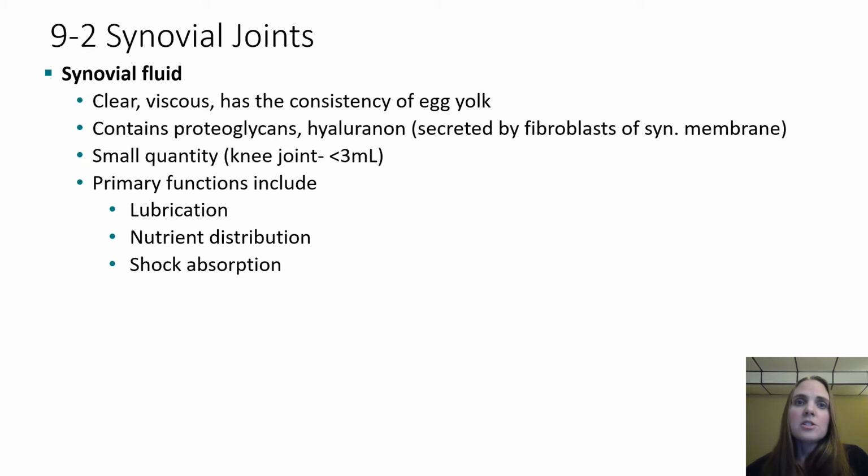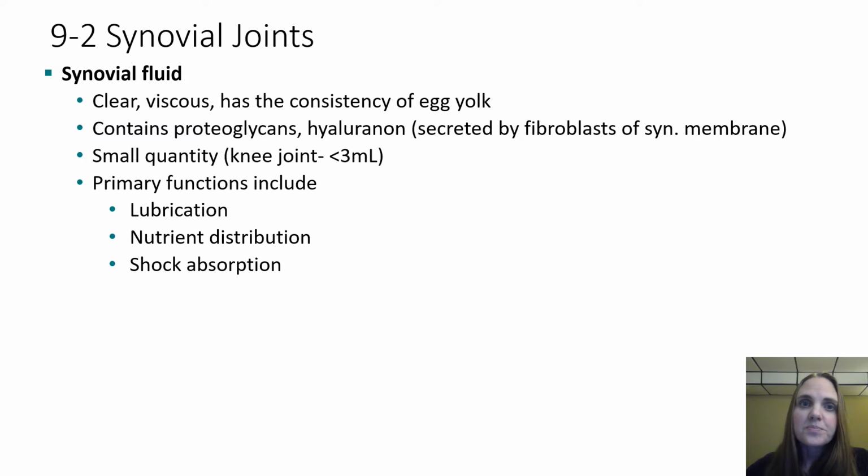Another function of the synovial fluid is distribution of nutrients. The fluid in that joint circulates continuously to provide nutrients and remove waste from chondrocytes within the avascular cartilage. Remember, cartilage was one of those tissues we talked about that's avascular, meaning it doesn't have blood vessels. So we need to find a different way to get nutrients in and out. So circulating that synovial fluid through the cartilage is important in keeping the cartilage healthy, bringing it nutrients and getting